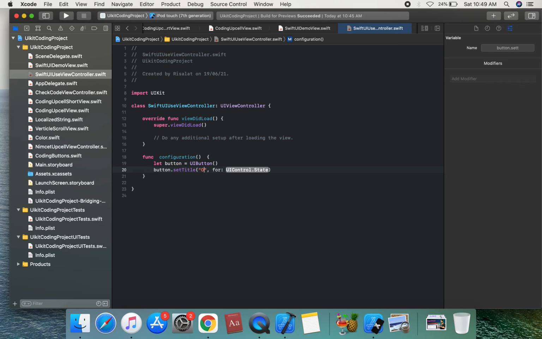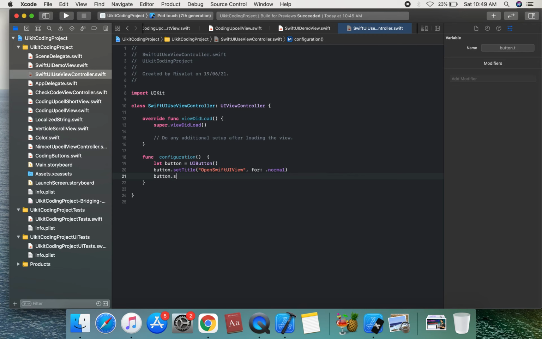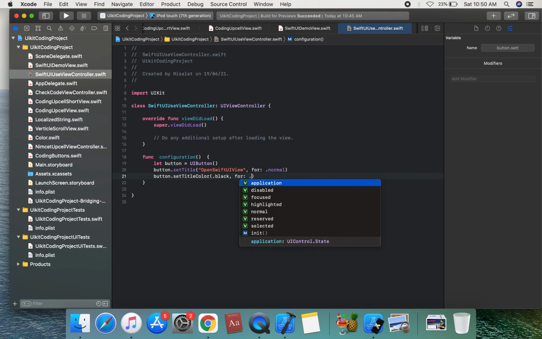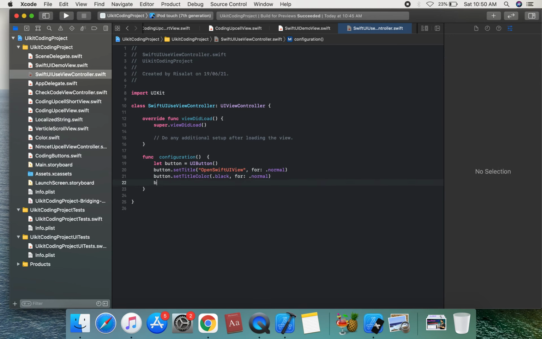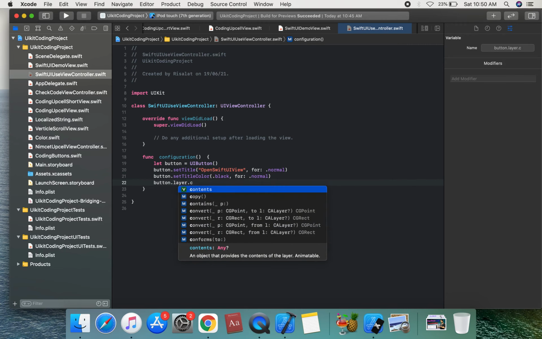We set the title for the normal state, and we're going to apply the title color with setTitleColor. This is black color and the state is normal. We're also going to apply a corner radius, button.layer.cornerRadius.